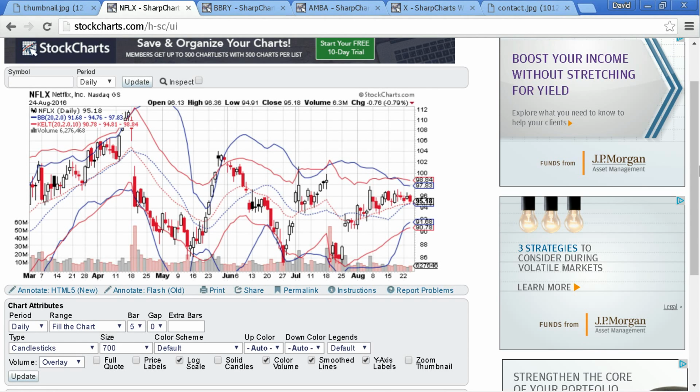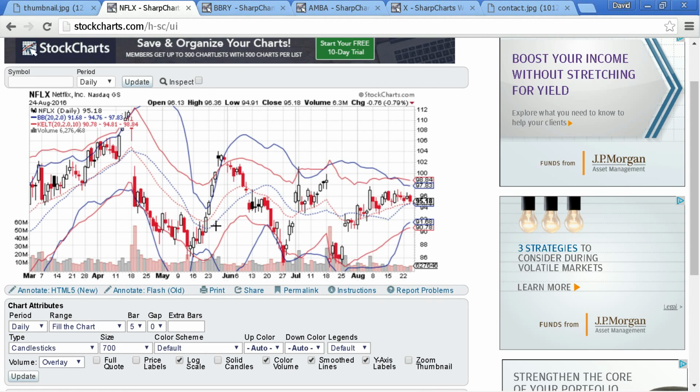Now, let's say you're looking at the Bollinger Bands and you want to know, when is a squeeze happening? When is a period of low volatility happening? In other words, how tight do the bands have to get before I can say that there's complacency or lack of volatility or a squeeze?